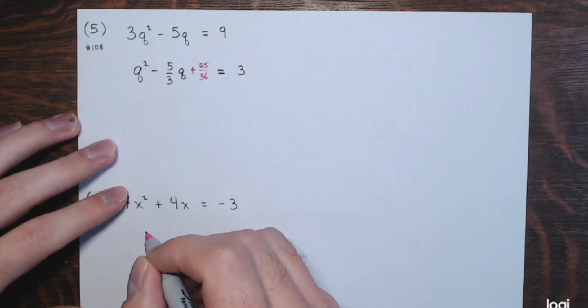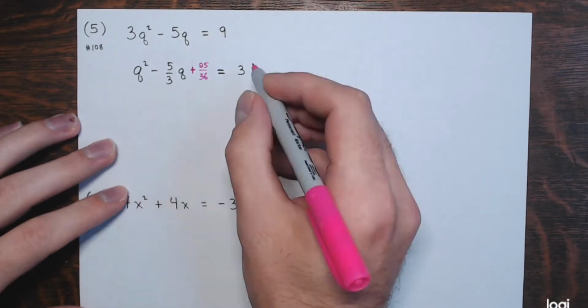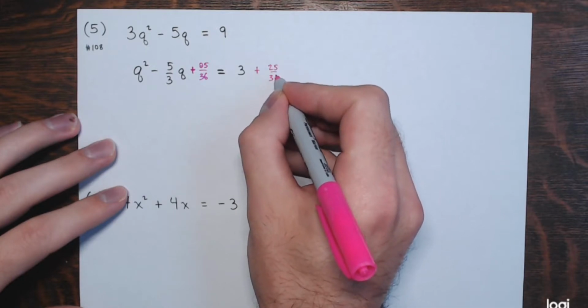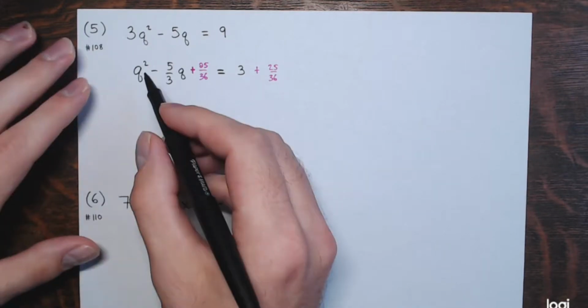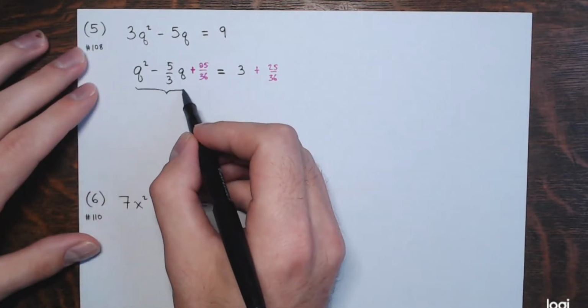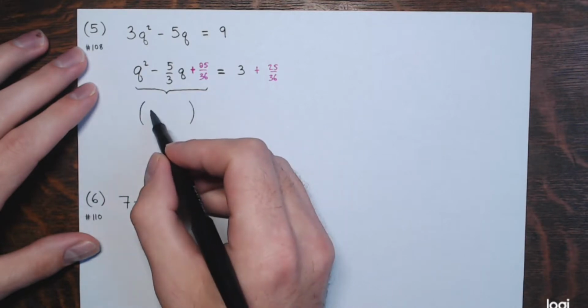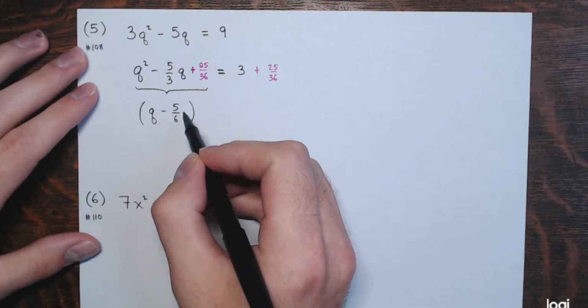That's negative 5/6 squared. And this also gets added to the other side, plus 25/36. Now the left side is a perfect square trinomial. This can be expressed as the quantity q minus 5/6 squared